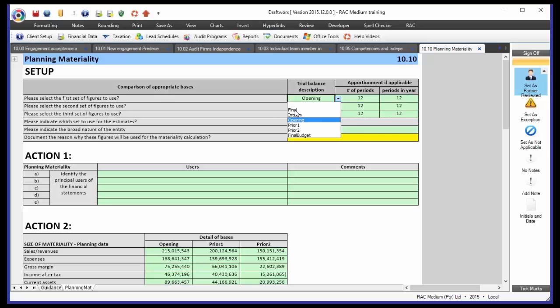It's going to make that assumption that I need to use Final. Okay, then this cell changes to Final. So this is now the final figures. The other thing that has happened is that this cell here has gone a bright red. This question is asking which set of figures of these 3 do I actually want to use for my estimates, okay? And at the moment it's still saying opening, so I need to update that,